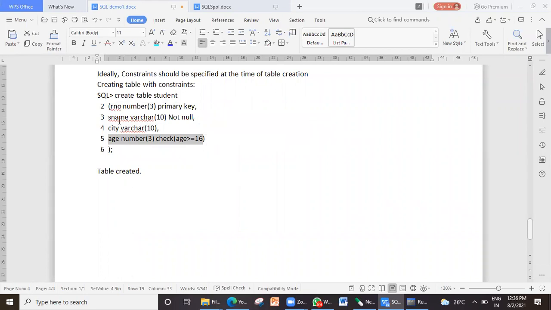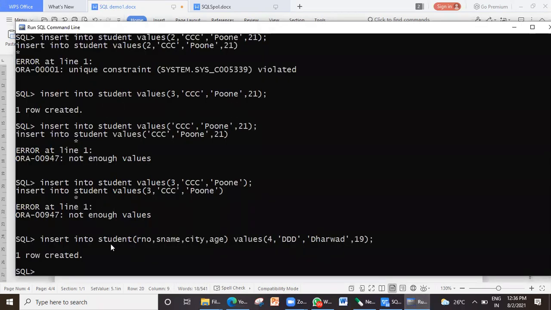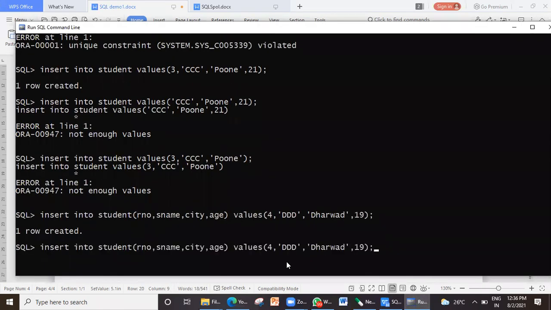We can try. So now with this new syntax, I will try to skip city for the next record which I am trying to insert. Like this 4th record I have already inserted. Now let me insert the 5th record. So roll number 5 is there. And I can say that roll number 5 name is EEE. And I do not know which city that person belongs to. So I want to skip city. So if I have to skip city, then I have to use this syntax only. If I have to skip any value, then I have to use this syntax of insertion only.